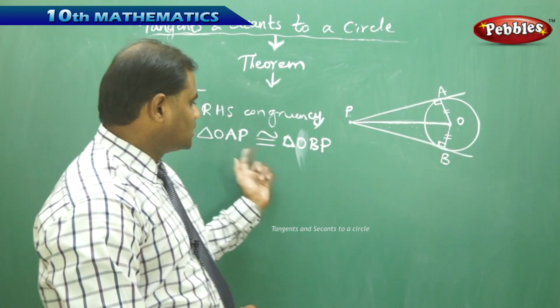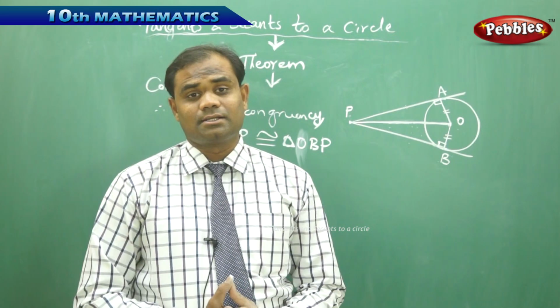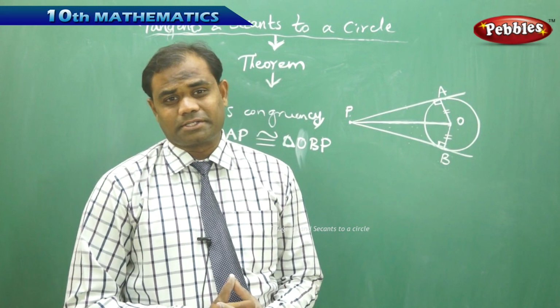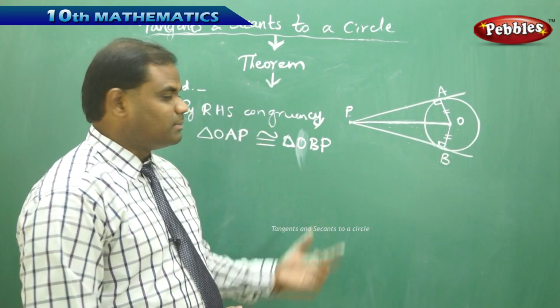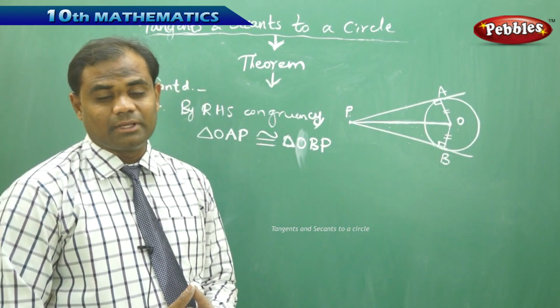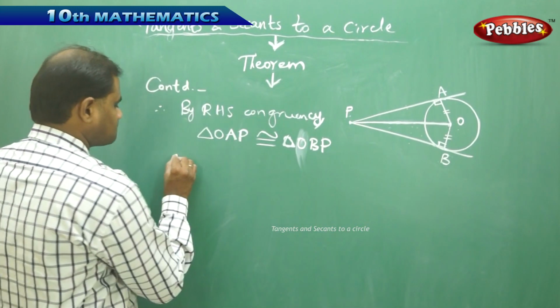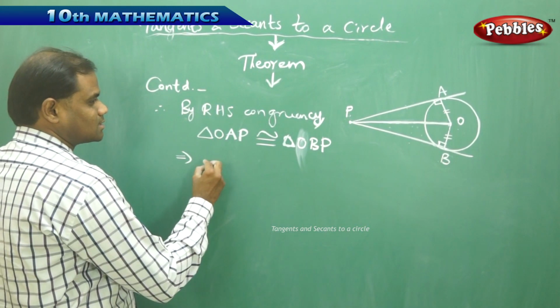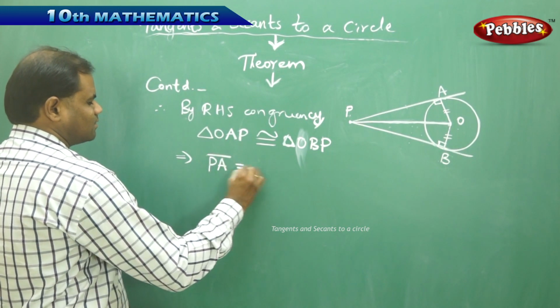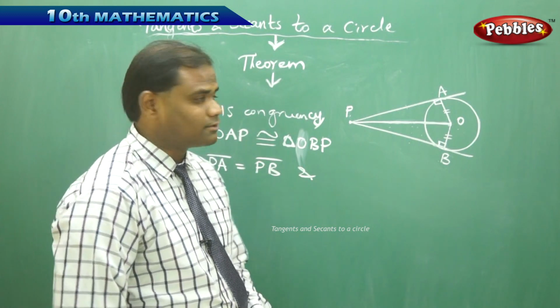Now, since the two triangles are congruent, their angles and sides must be equal in all respects. Therefore, the congruency makes us understand that all the sides and all the angles must be equal in their respective manner. Therefore, the congruency gives us PA is equal to PB, and not only that, we also identify that